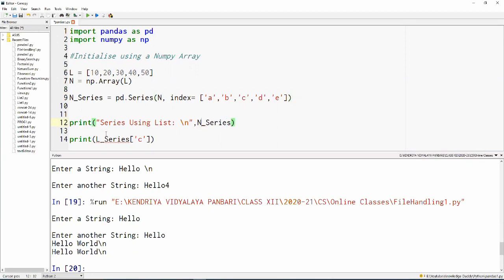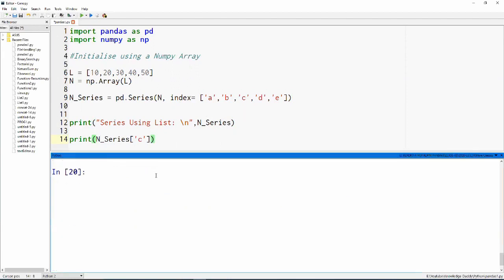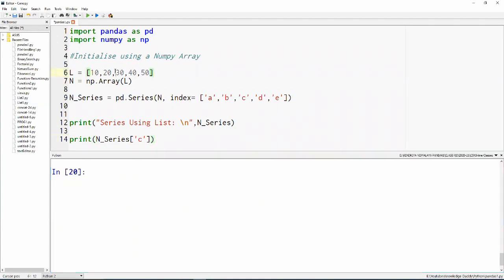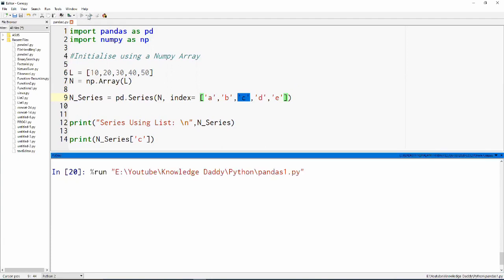So if we try to print similar things, we print the total series, and then we print one of the elements, the third element of the list, and we'll find the same element of the series made using a NumPy array. Let's see.